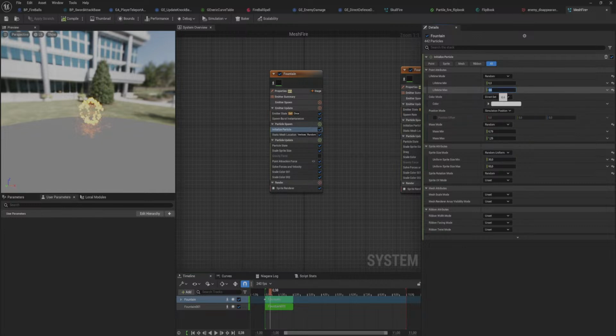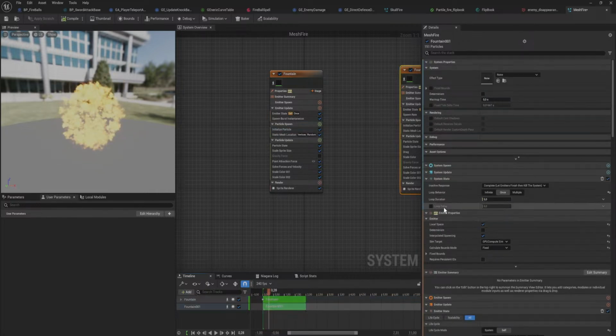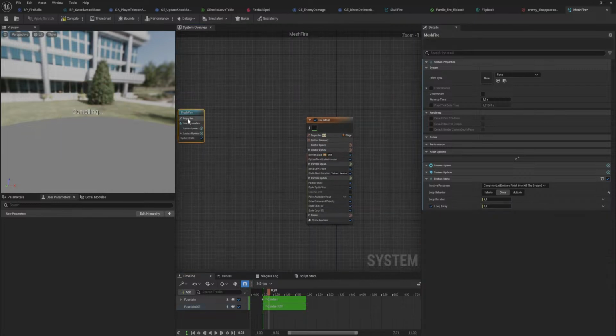Hmm. 0.4 to 0.58. And then technically, I guess it would be better if this one started just a smidge later, which requires me